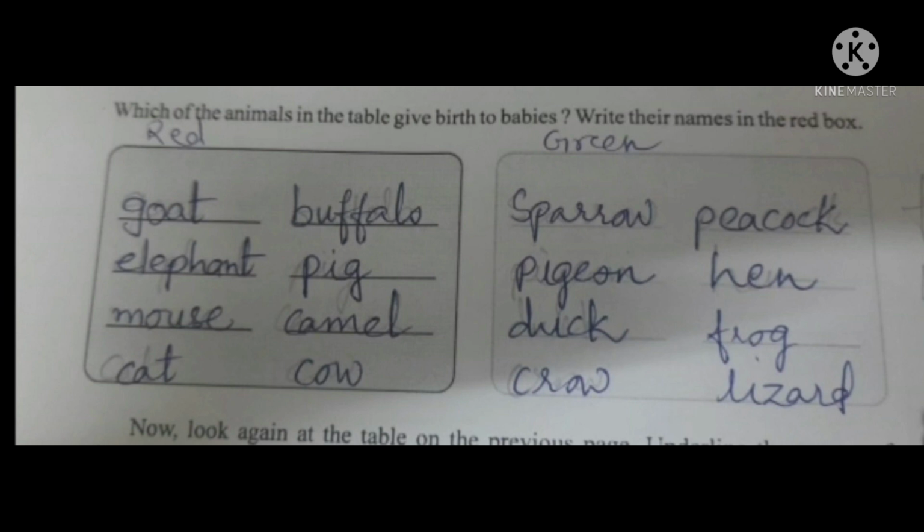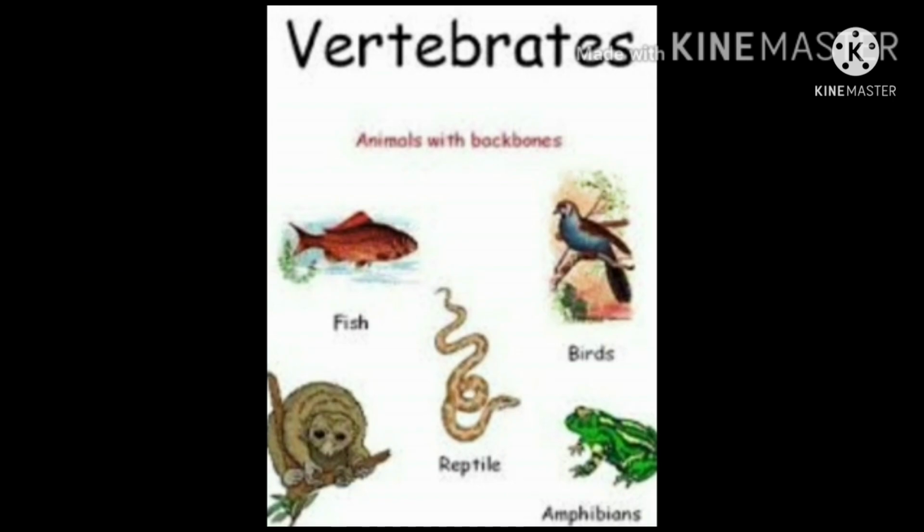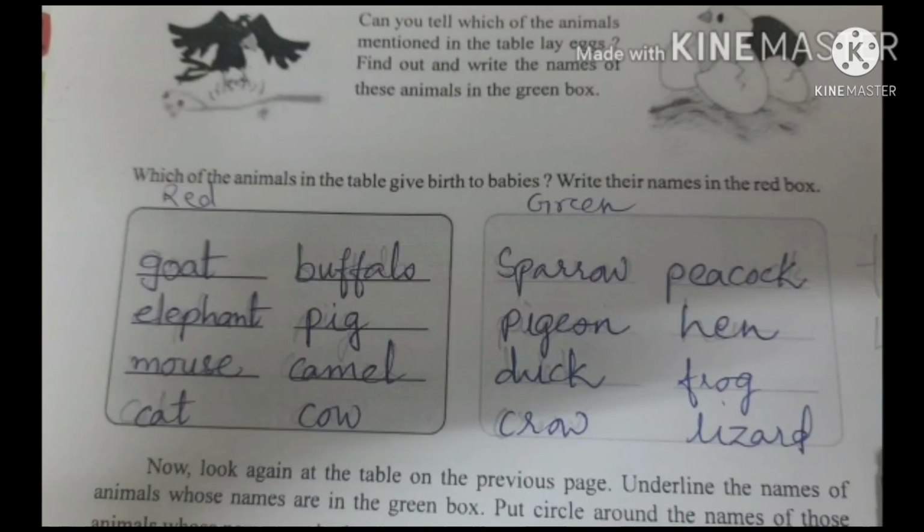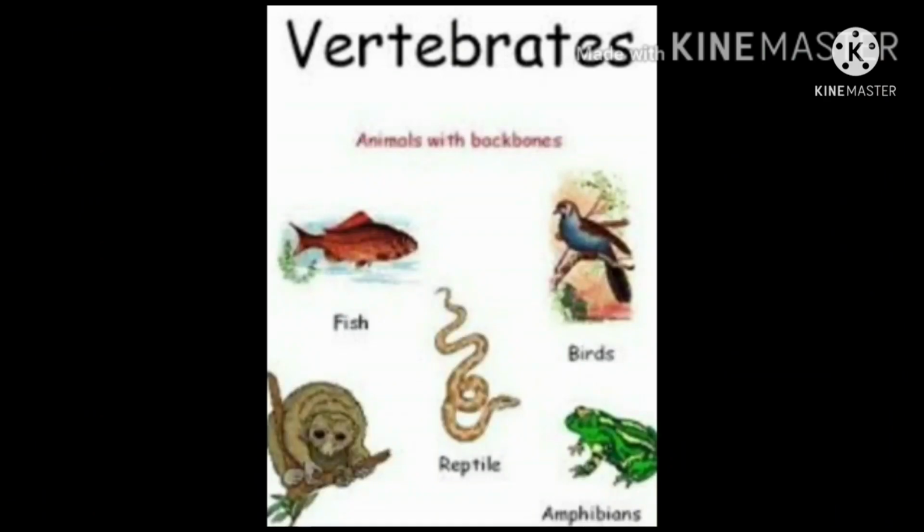Now before moving further, let us learn something more about what kind of animals there are in our nature. So just try to understand that. There are mammals, there are birds, there are amphibians. In the green box you have written two names, frog and lizard. They are amphibians. They don't have wings. They don't have hair. They have scales. But they lay eggs, right? So that's the difference. Okay, now let us again get back.